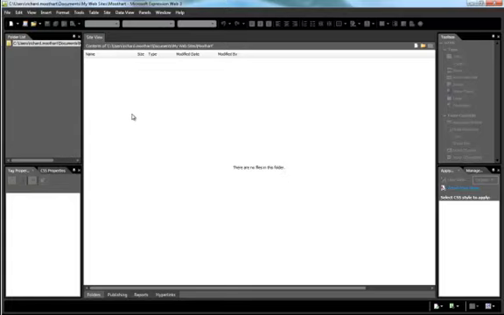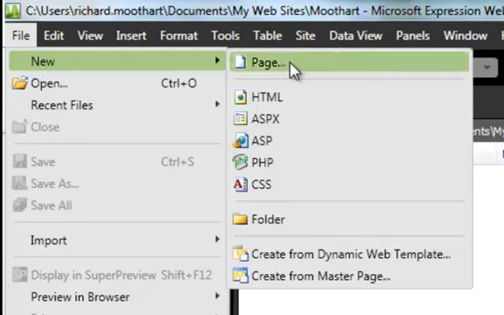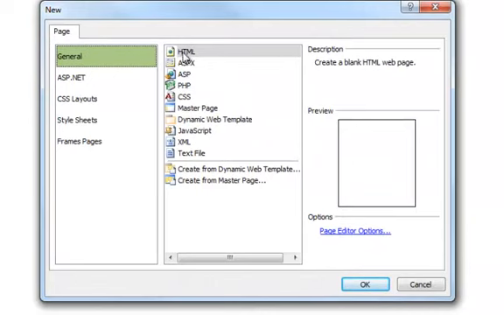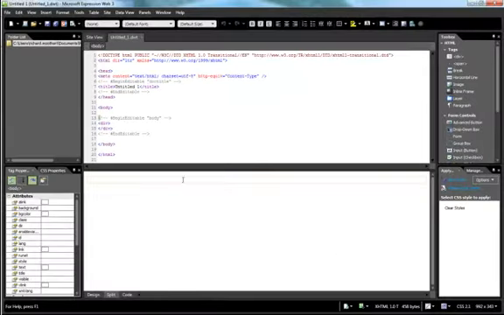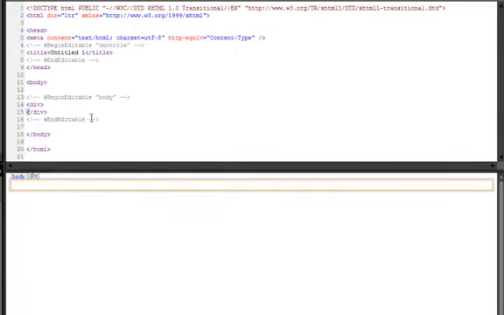Now to create a dynamic web template, you go to File, New, Page, and then you want to stay on General, and you want to go down to Dynamic Web Template. Click OK, and then the first thing you want to do is to get rid of this box, this div tag right here. So the easiest way is, if you're in Design, go to Split, and you want to delete